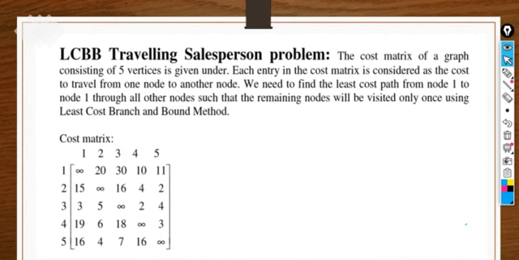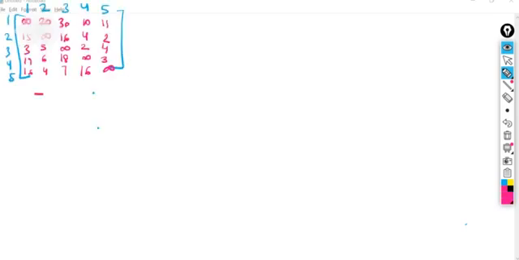So now I'm just taking a rough point here in order to give you clarity about how the matrix is given to us. The matrix that is given is 5 by 5. That is the given adjacency matrix, and we can draw the graph also with the help of this adjacency matrix, because we know if 1 to 1 is infinity, that means there is no connection.